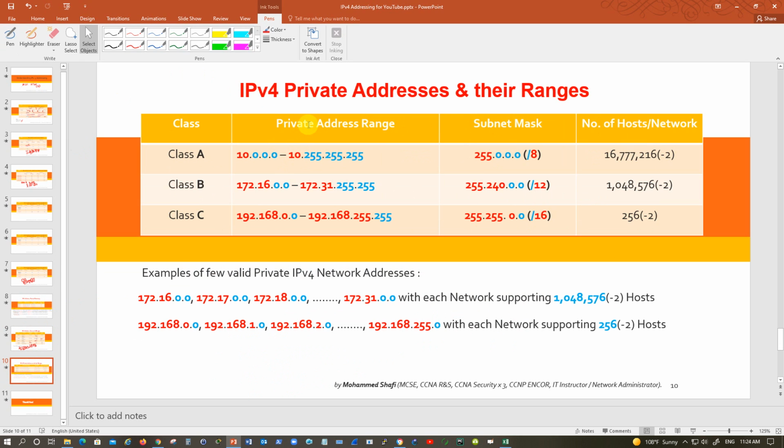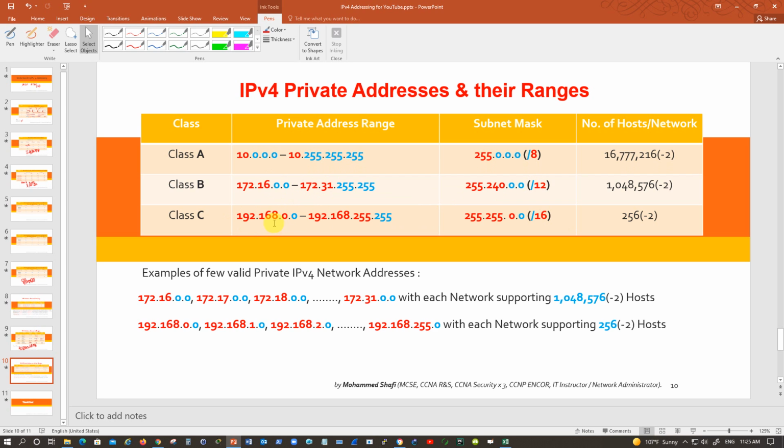In IPv4 we have some private and public address ranges. These are the private ones. Other than them, you have all public addresses. Anything that lies in this range is considered a private address range. You can see here 10.0.0.0 is starting and going up to 255 in the octets with /8. This is for class A, and class B has reserved up to here, /12. Meaning they have taken some extra bits, starting from 16 to 31 in the second octet.